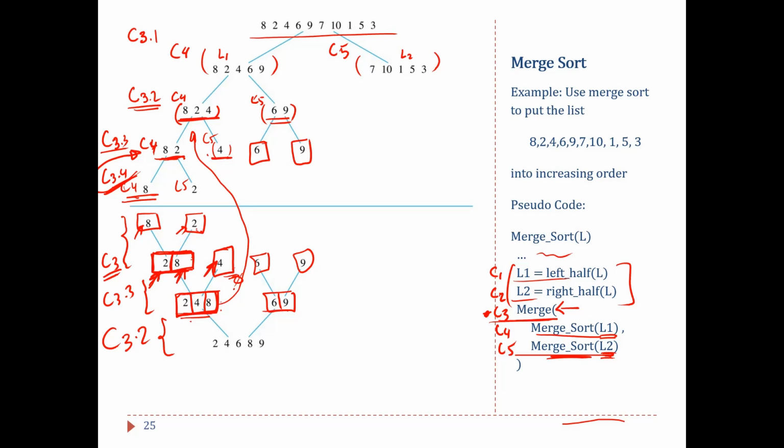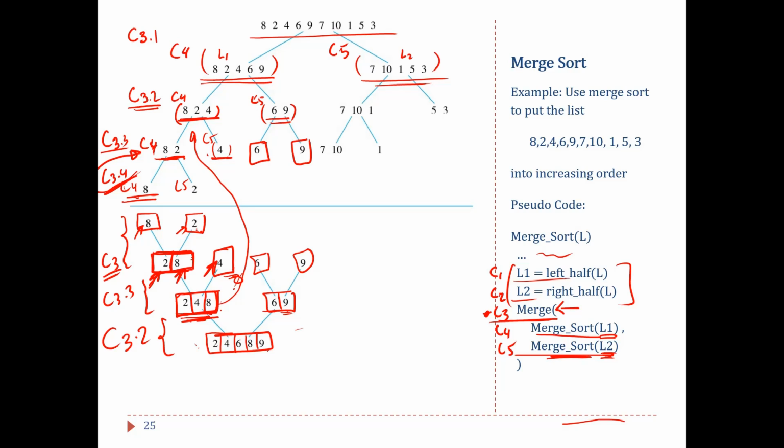So we copy 2 and 4 first from the first array, and then 6 from the second array, and then 8 from this array. This array becomes empty, so we can copy all the other values, which only consists of 9. And this is actually the result of calling C4 on L1 here. So this is the final result of this call. So now the CPU is ready to call C5, merge sort over L2,